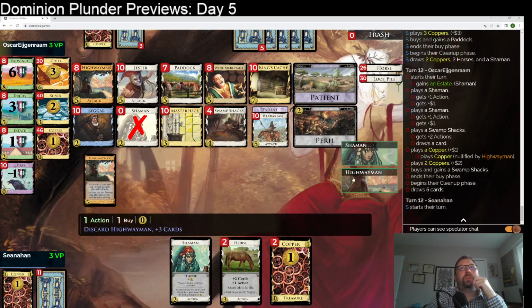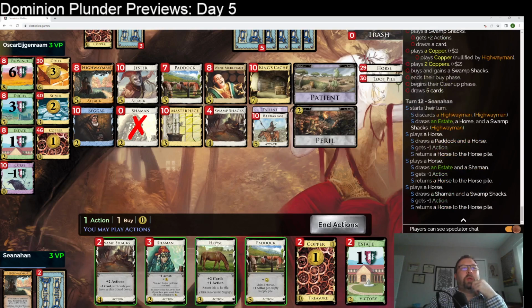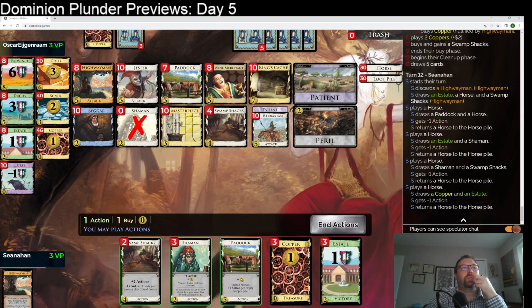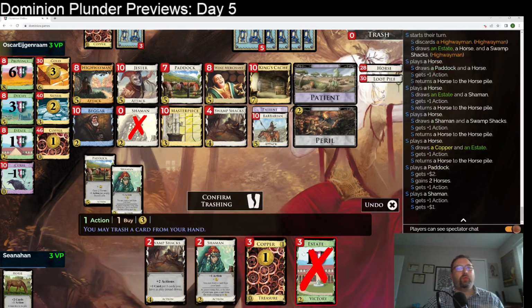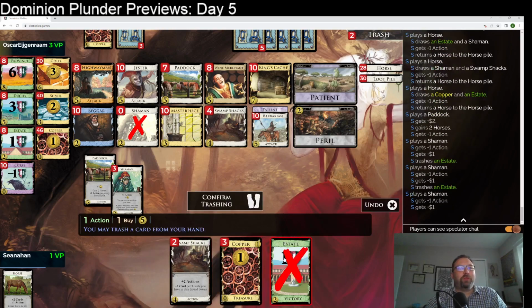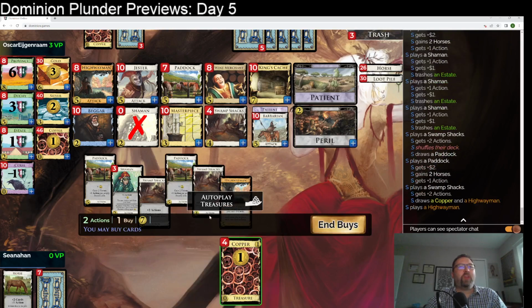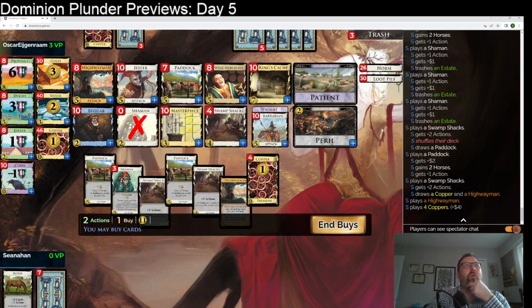Okay, this is great. Okay, so horse. All right, so paddock is non-terminal. Shamans, we trash all of our estates. And miracle of miracles, our swamp shacks are actually going to draw here, and we've got horses down there. And we actually found the highwayman. Awesome. Okay. So we got 3 things in play. We're going to trigger shuffle. We got more horses. I think we just take more paddocks